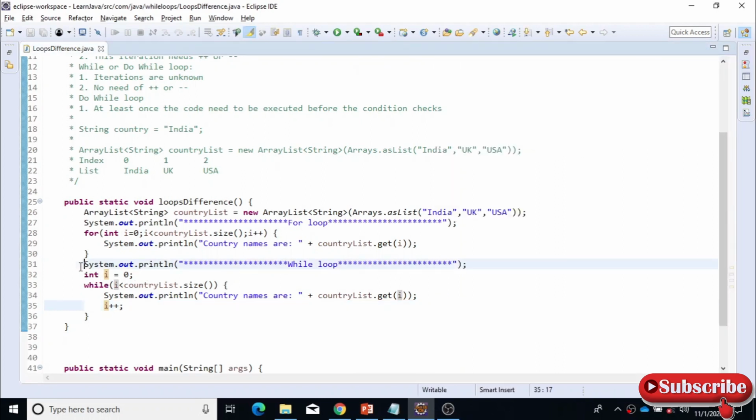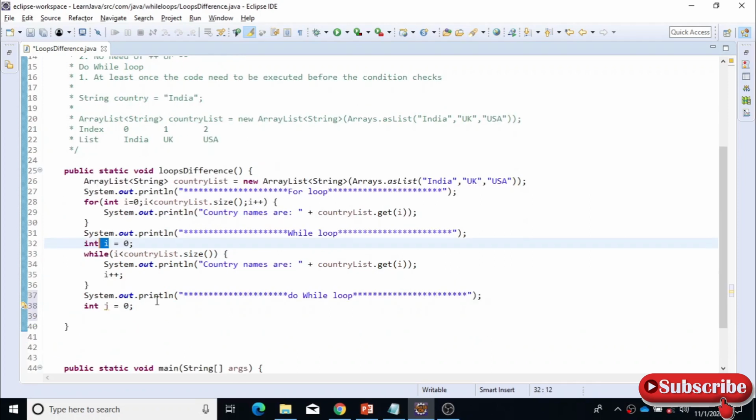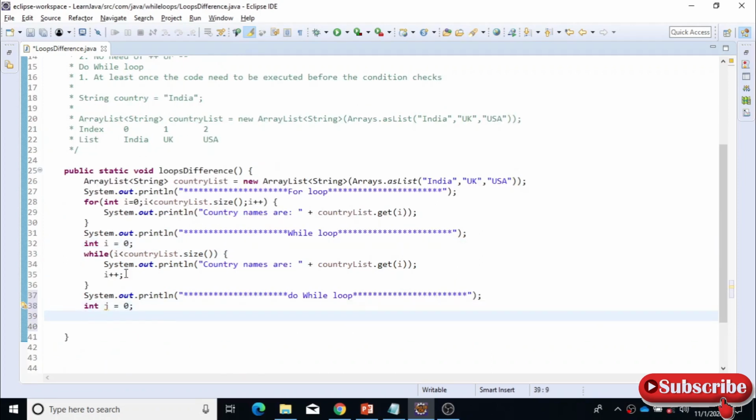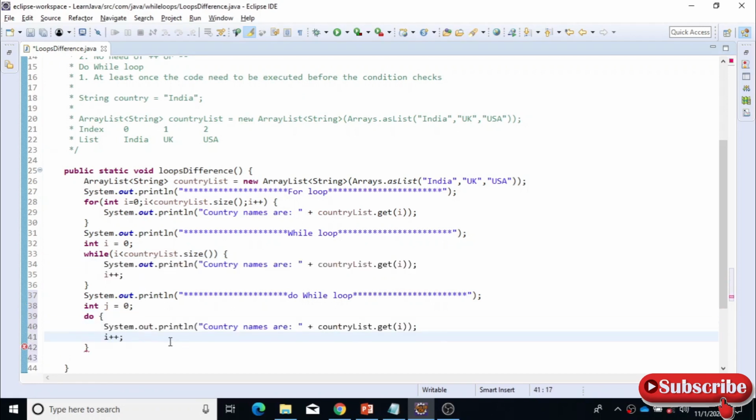And the same thing, if you want to try with a do while, we will try that now. So do while loop, and first we need to initialize the value. Let's initialize as j now, because we already have a local variable i. So I'm initializing it as j now, and inside the do block, let us print this and do it.